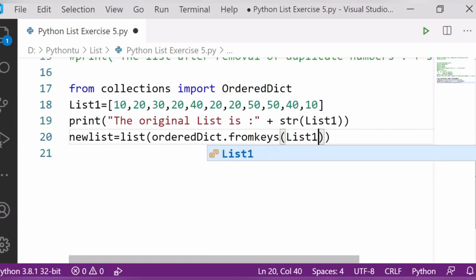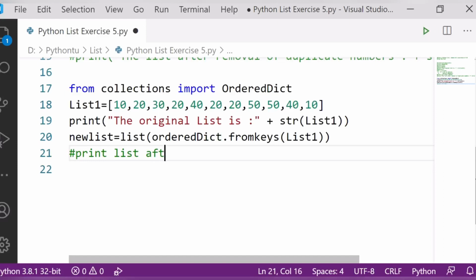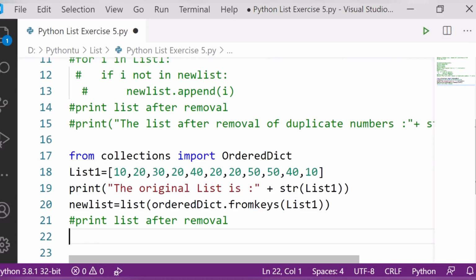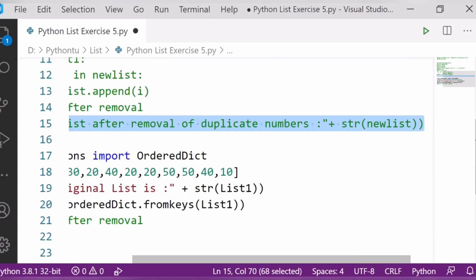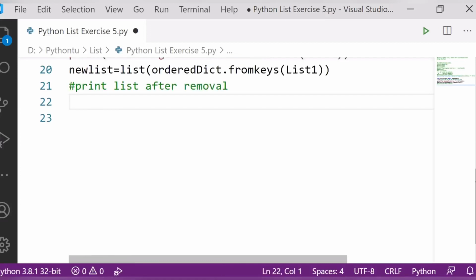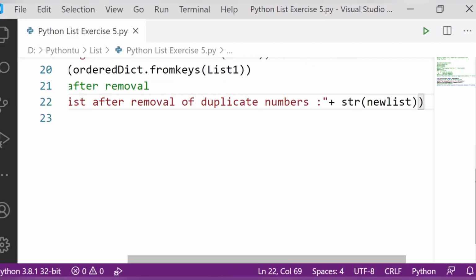So I'm using OrderedDict here. Now I want the list to be printed, so I will write here, commented out for reference, printing the list after removal. The same thing that I already wrote here, control C, and here, control V. Control S.